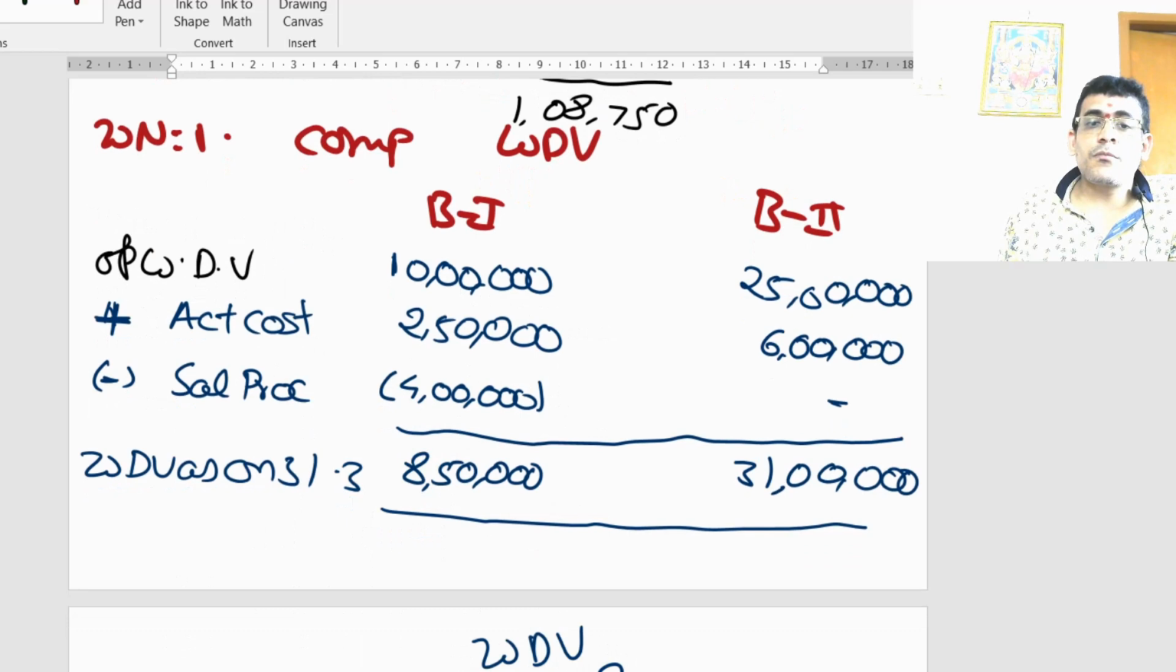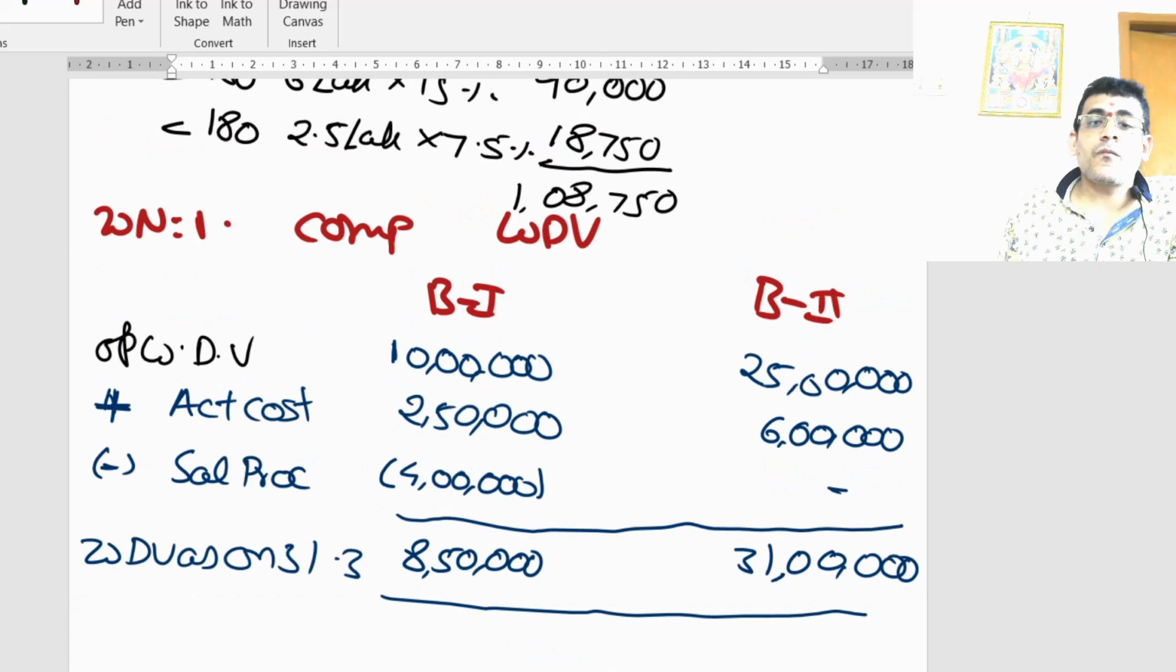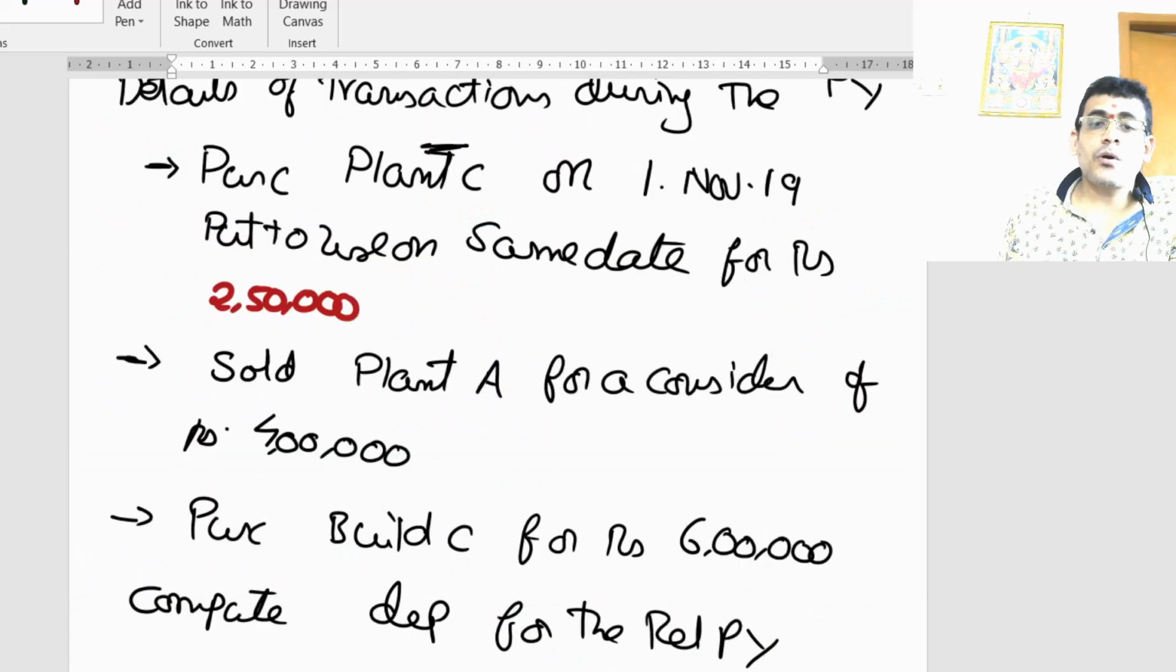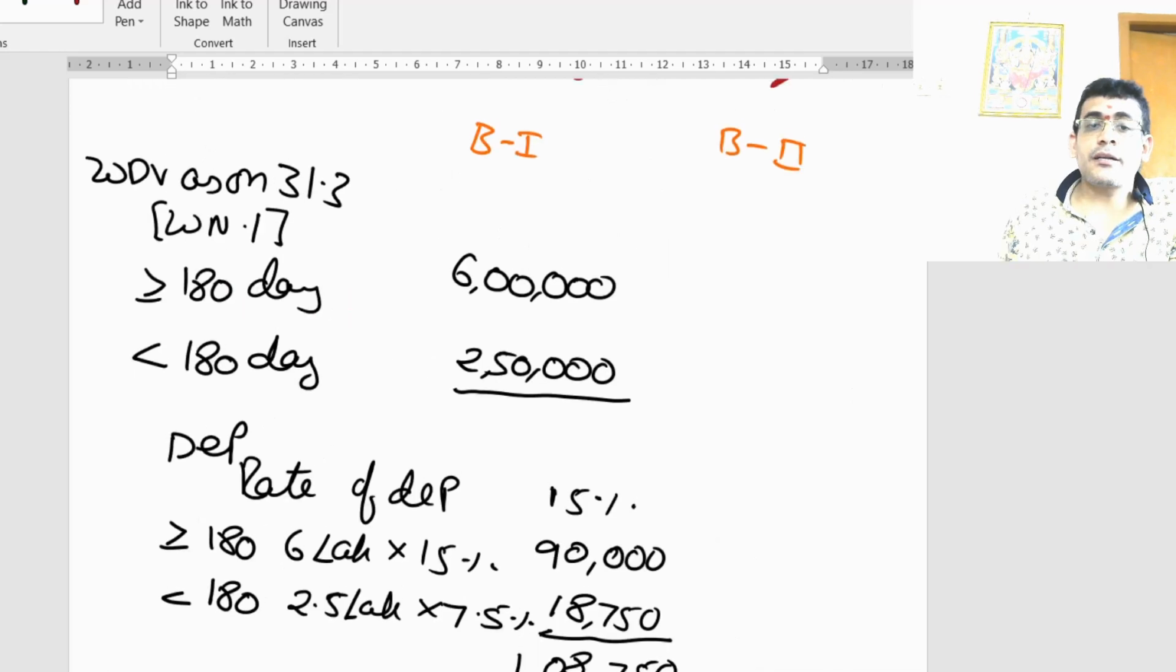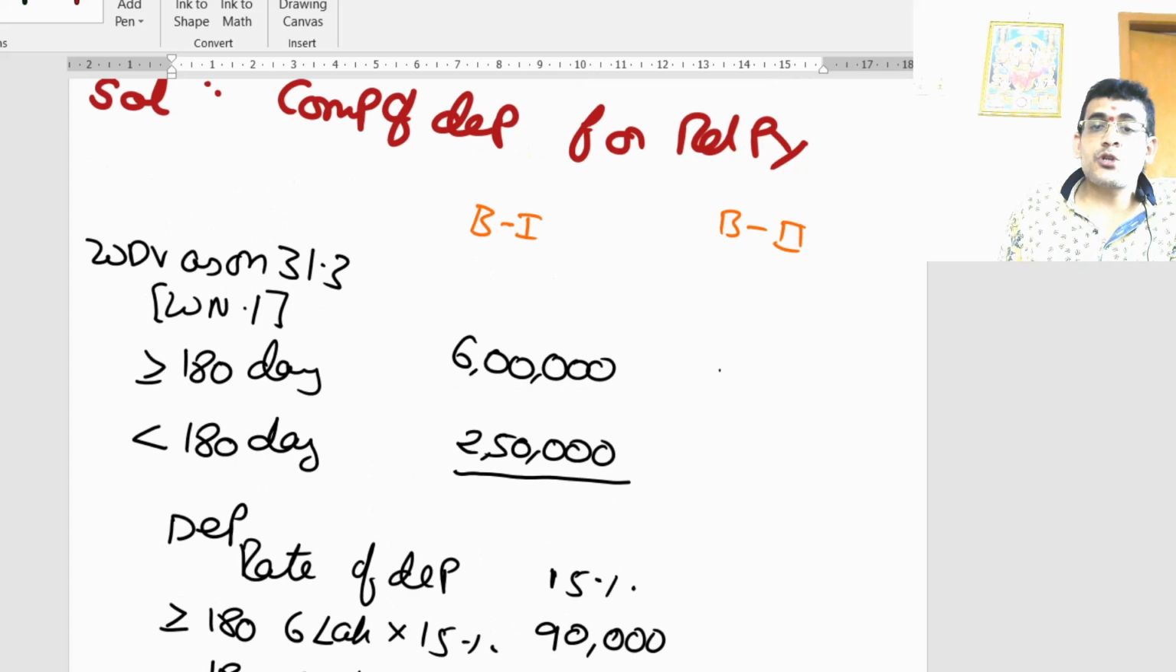So ultimately, when you are acquiring the asset, purchase 6 lakhs, and let us consider it put to use also on the same date, 1st April 2019. So acquired and put to use on the same date, 1st April 2019, then whatever WDV I get here will be considered. So what I am getting? 31 lakhs. So